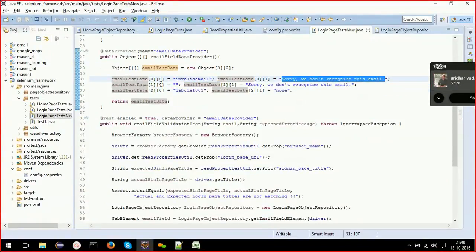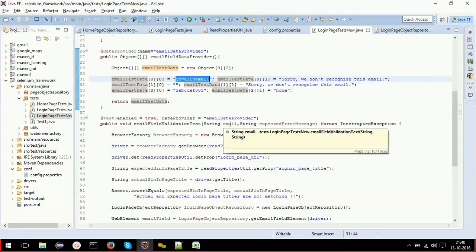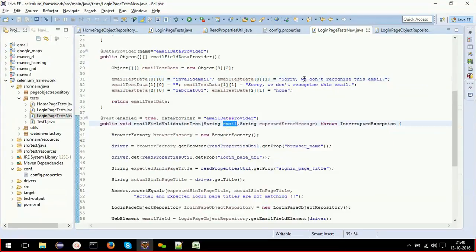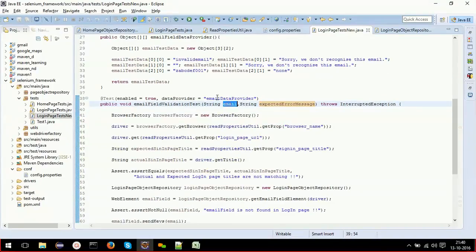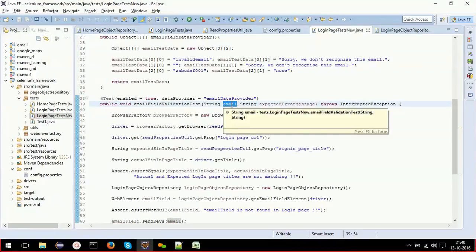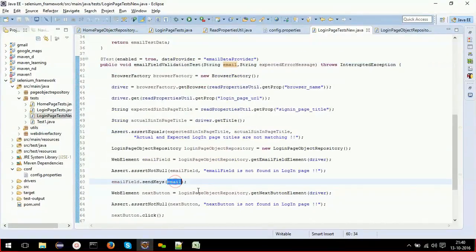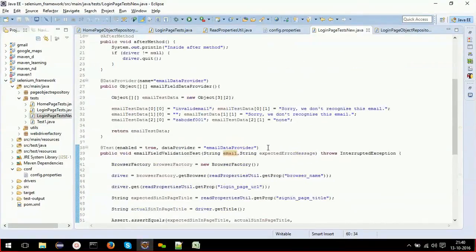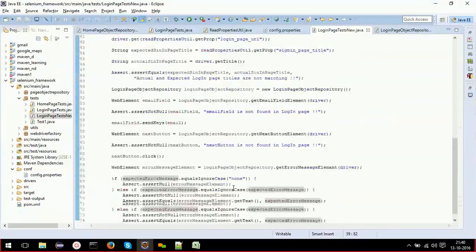This value comes in this parameter, and this value comes in this parameter. So your email, first it will send invalid email, which comes into this, and now I am using that email over here. Similarly, the expected error message comes into this parameter, and now I am using that parameter.